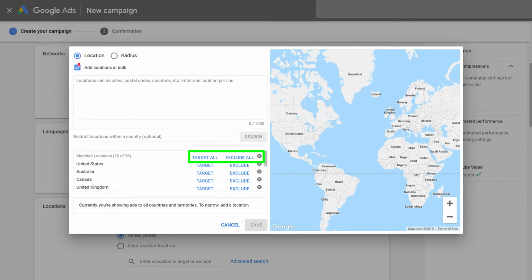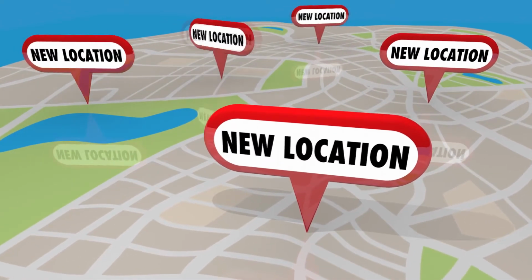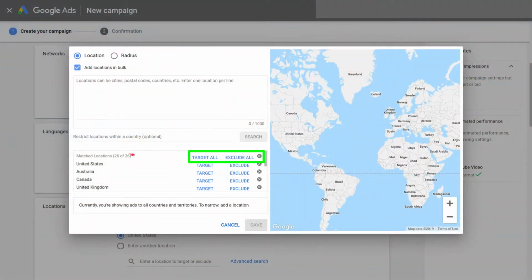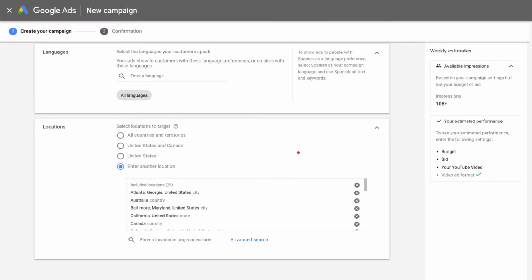I forgot to say we do need to click bulk add locations. Radius targeting is something that's designed for local businesses, but even in that instance, I would actually go take the time, find all the zip codes in your local neighborhoods and target those, because as you go through looking at your location targeting data, it's always easier to analyze when you have a specific location as opposed to just a radius. So here they found all 26, so we can go ahead and click target all, or we could click exclude all. So I'm going to go ahead and click target all and then go ahead and click save. Now we have all of our locations in there and we're good to go to the next section, which is